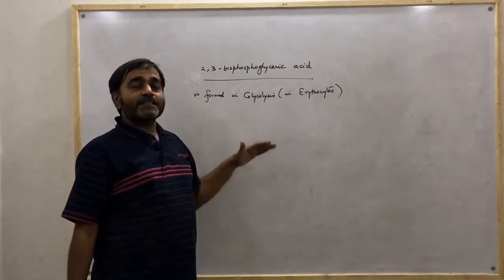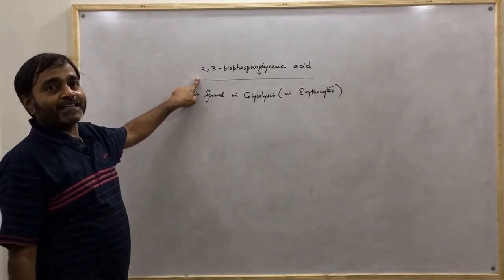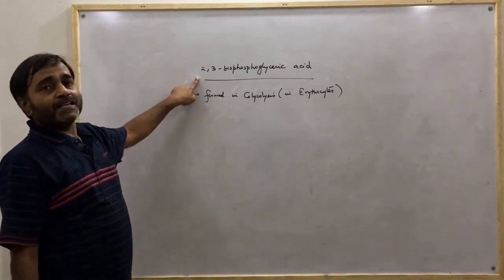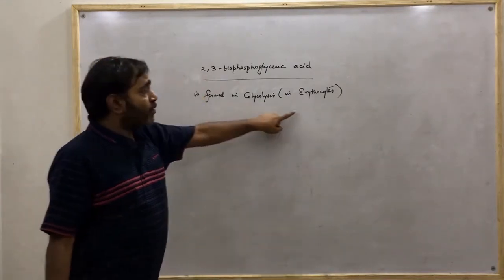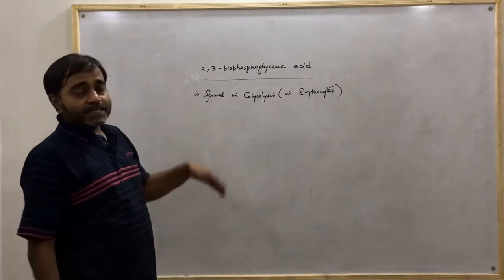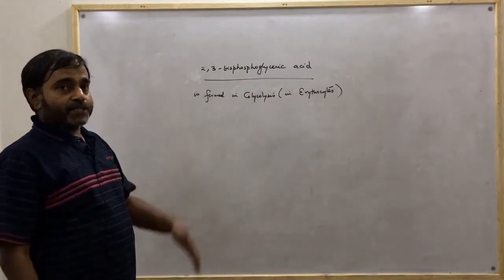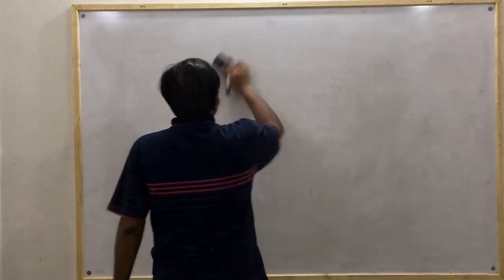So this is the prime reason why this compound is essential, and it is formed by the bypass method in glycolysis, particularly as you have seen in erythrocytes, that is red blood corpuscles. So it is an essential method in that context. So we need to write other things, whatever is essential about it.